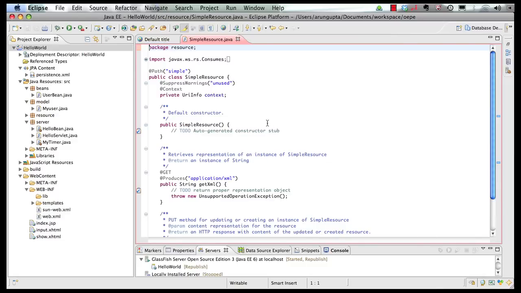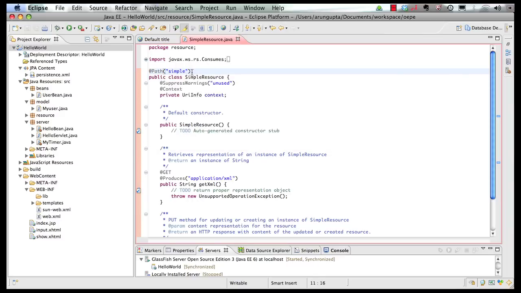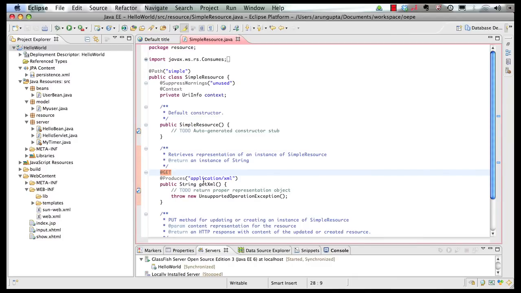So here is our POJO class that is generated, sprinkled with JAX-RS annotations. So you can see it's @Path annotation, and notice how JavaDoc shows up for you very nice and easy, truly giving you an integrated experience. So it's @Path annotation. It says the resource is accessible at path simple. This is my @GET annotation, which basically says anytime this resource is accessed using GET, invoke this method, which produces application/XML MIME type. So in case I have to change it over here, I can say return greeting